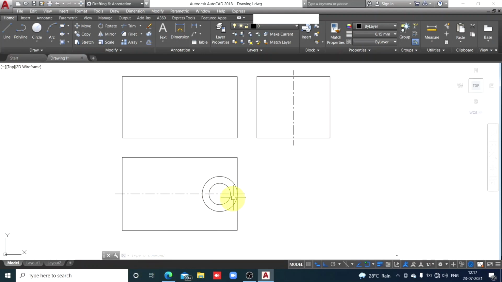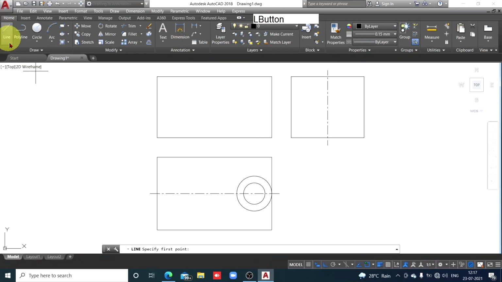In the front view, you will get the height. In the side view also, the height will appear. So first we'll draw a rectangle for the cylinder and then a rectangle for the hole. In the top view a circle, in the remaining two views a rectangle. This is how we'll complete it.